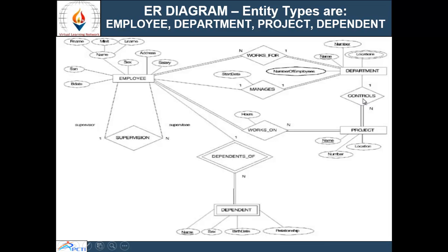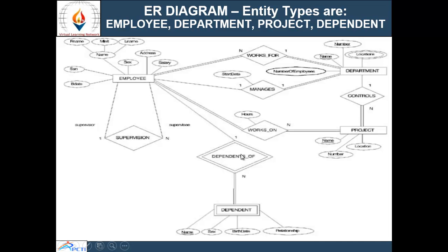Then department controls project, and employee works on project. There is total participation, so it is shown by using double lines. Employee depends on, dependent depends on employee. Dependent is a weak entity, so it is represented by a double rectangle box.